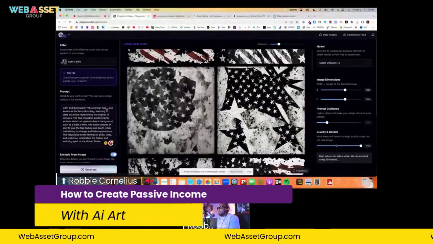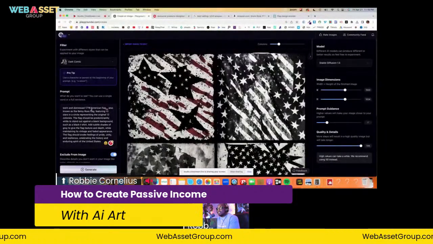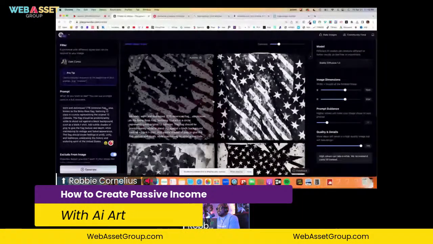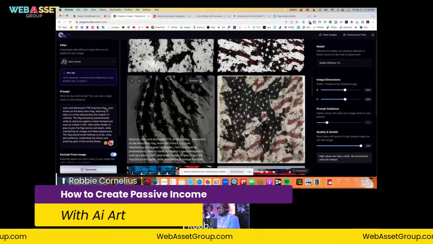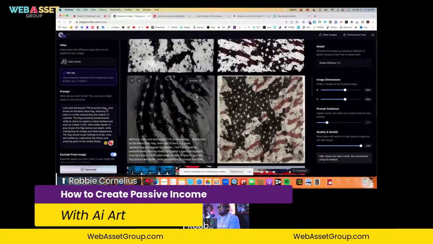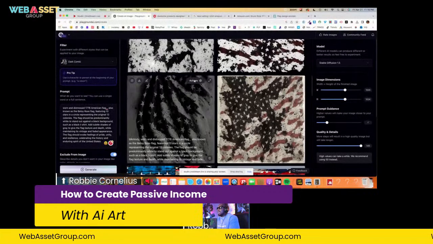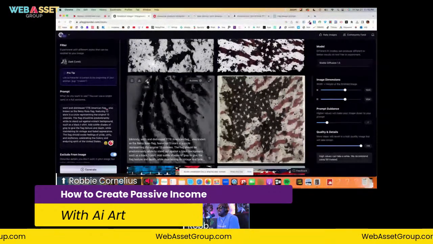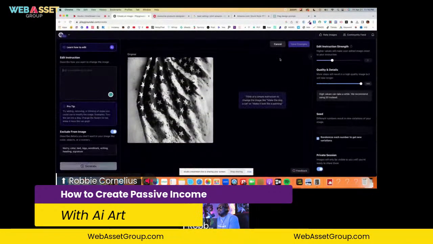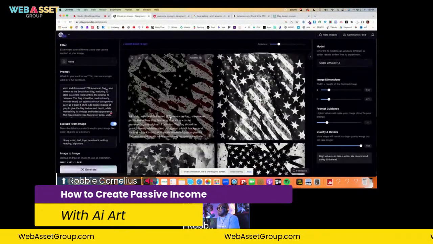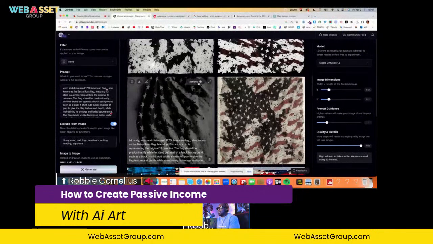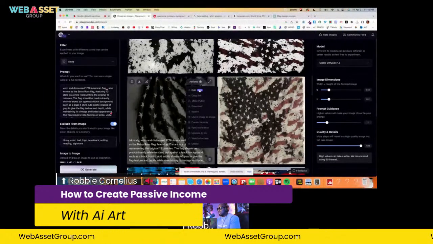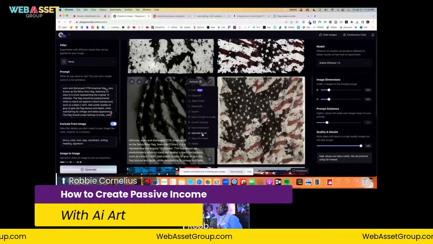Look at this. I'm loving the way this looks. I love the way these look. This is getting real. So I'm going to start down here with my images right here. Now I'm going to go right here where it says actions. I can go in here and hit edit, but I don't want to do that. What I want to do is very simple. I'm going to go right here where it says actions, and I'm going to go right here where it says upscale by 4 times.